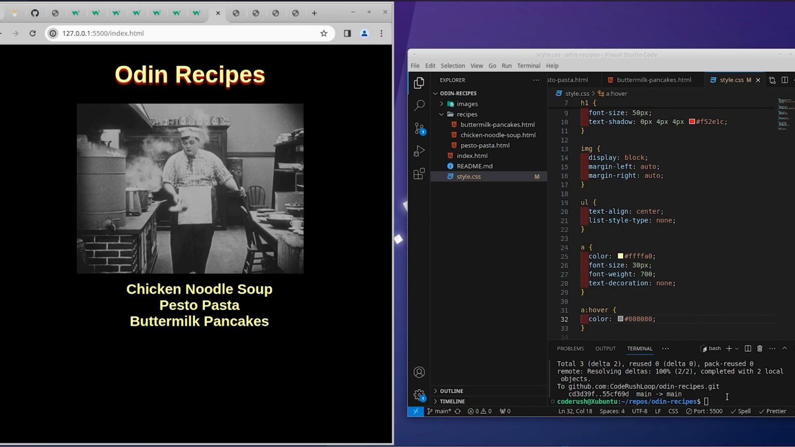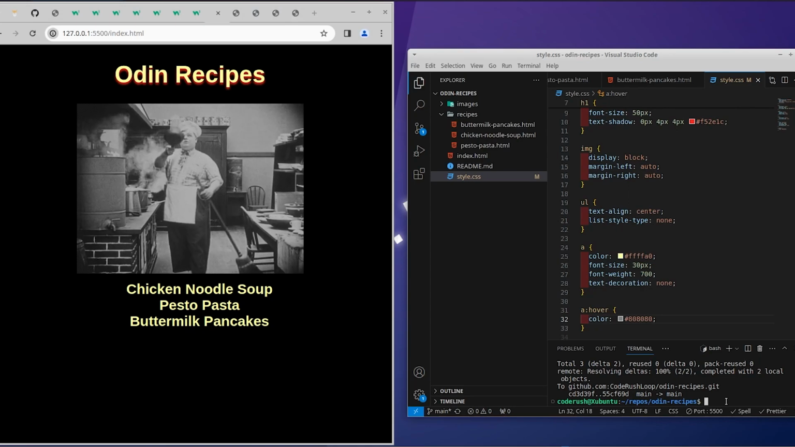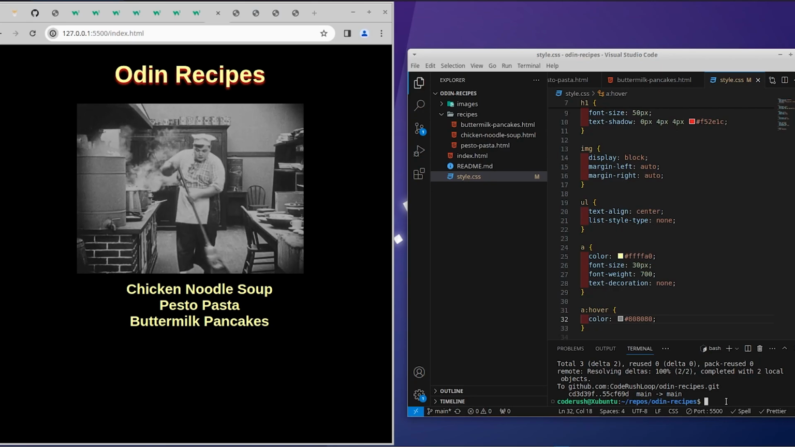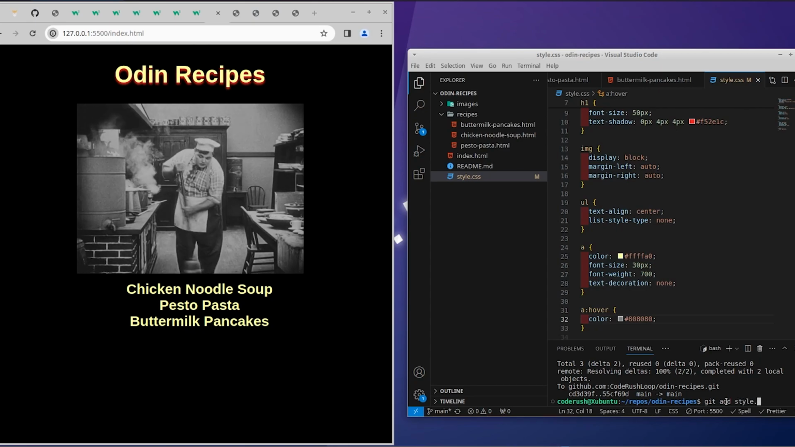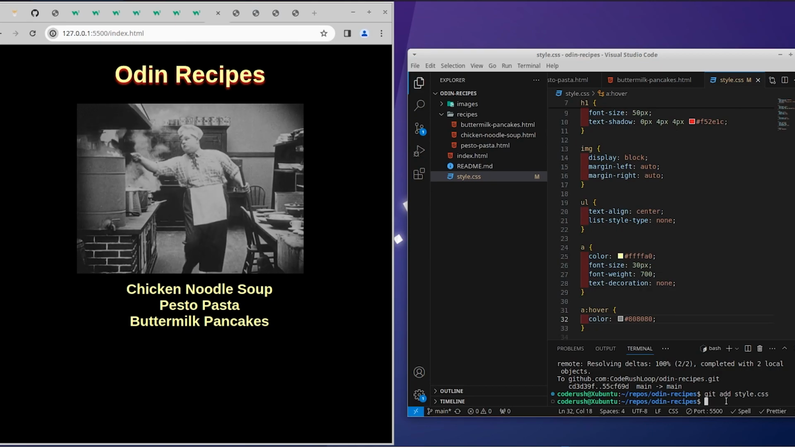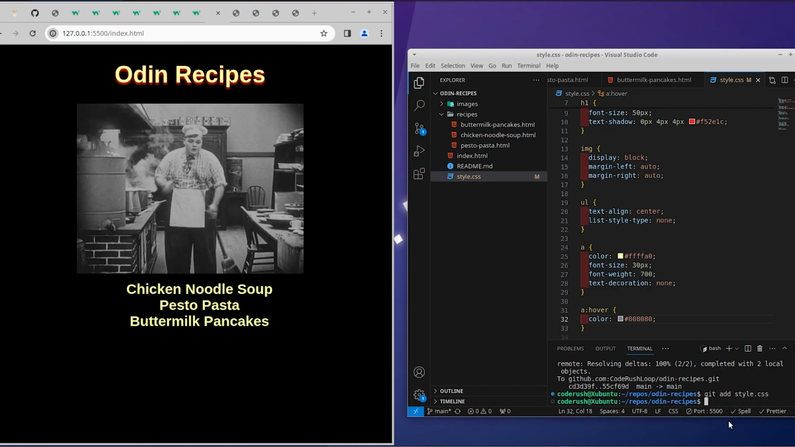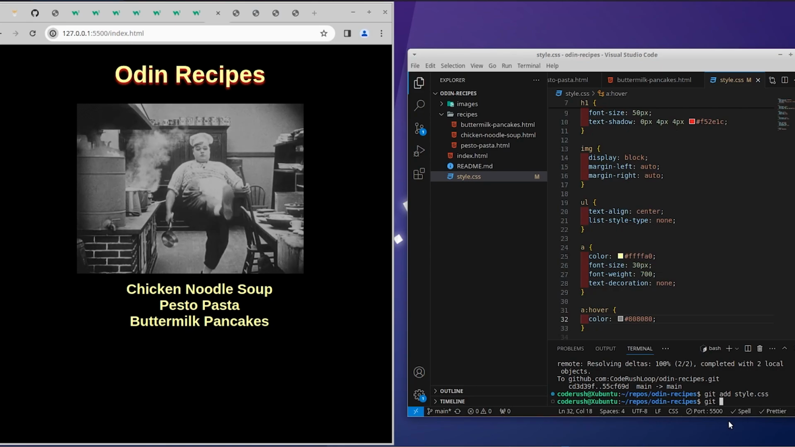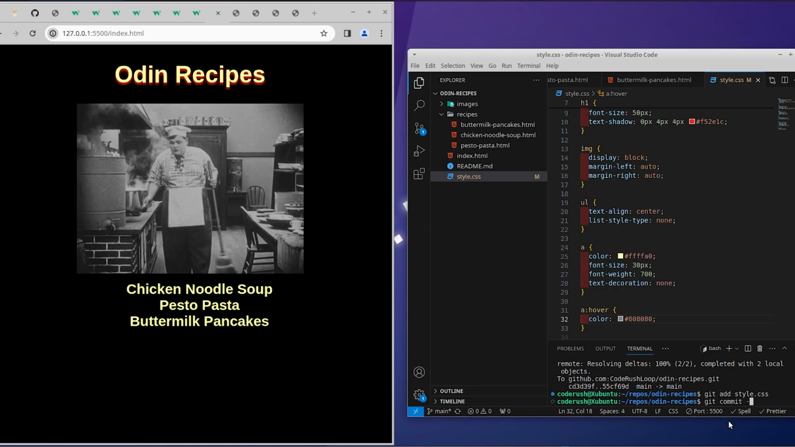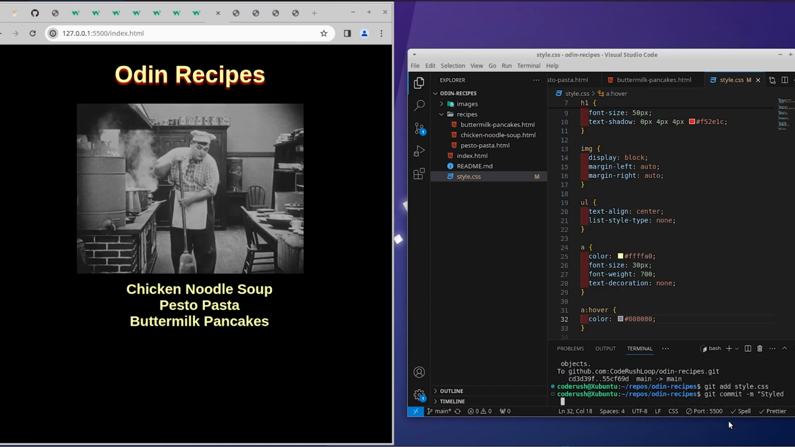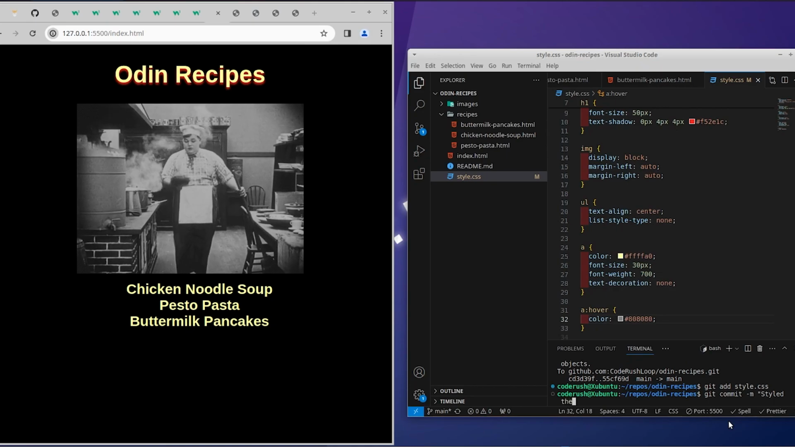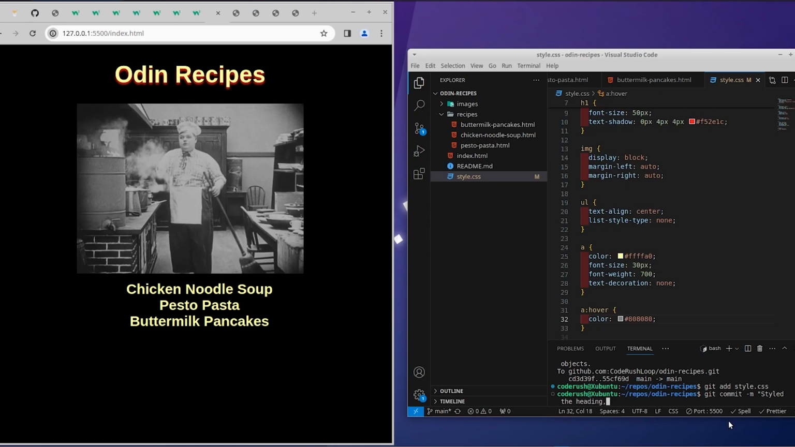Okay, now I can add to the staging area all the code I've written in styles.css, commit it and push it also. So git add style.css. Again, I'm using the VS Code terminal. And as a commit message, I'm gonna say style the heading image